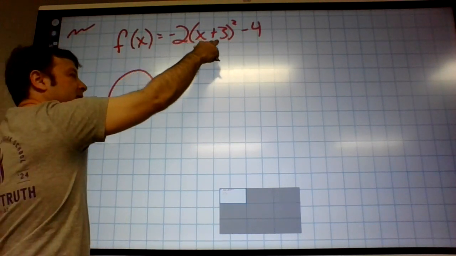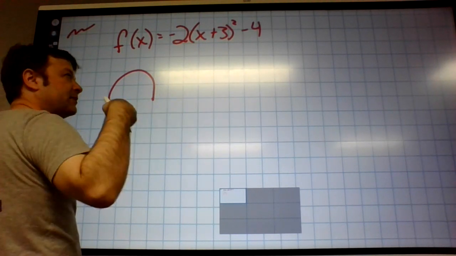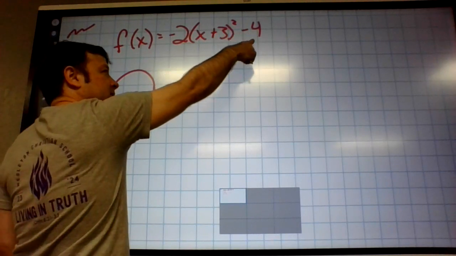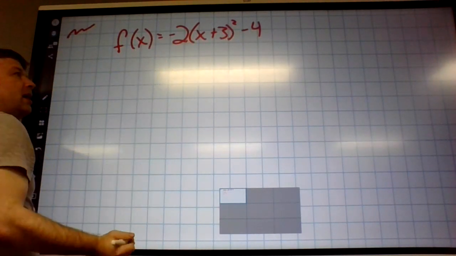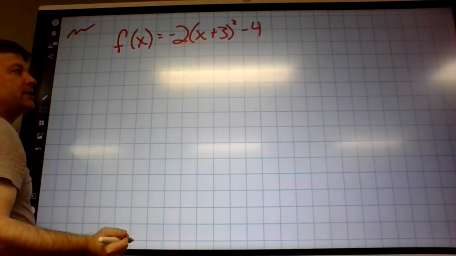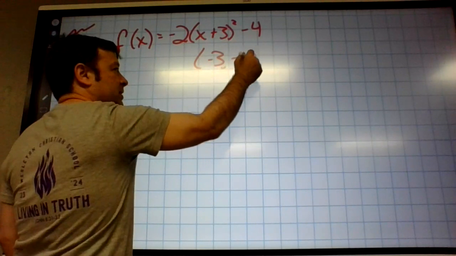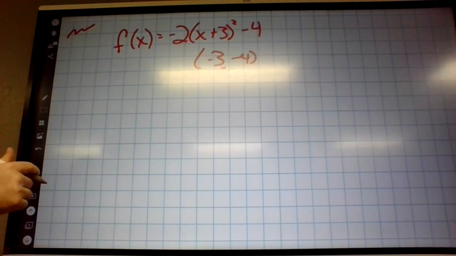Okay? Whatever's on the x moves it in the x direction, left or right, but it does the opposite. So this moves it left 3, this moves it up or down, this would be down 4. So the vertex for this would be left 3, down 4, if they asked. I just made that up. So 43